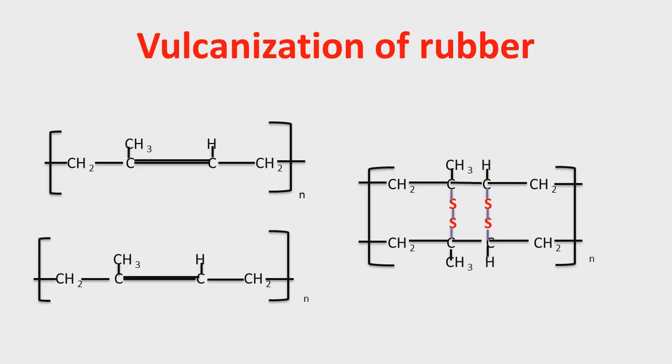And because of this cross linking between two different chains, this leads to stiffness in the structure. So the rubber will not be very soft, neither will it be very brittle. It can be stiff or produce a three-dimensional vulcanized rubber. So this is all about what vulcanization is, how it is carried out, and what the use of this vulcanization is.